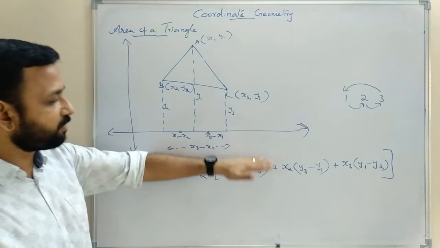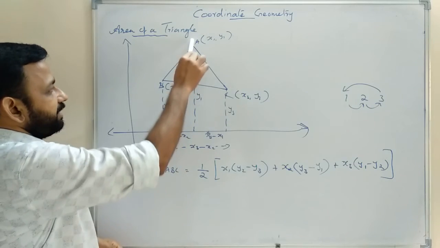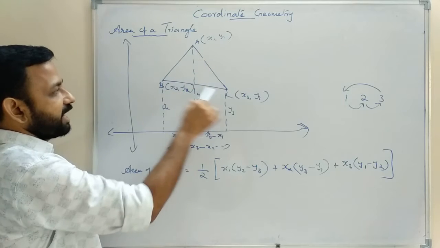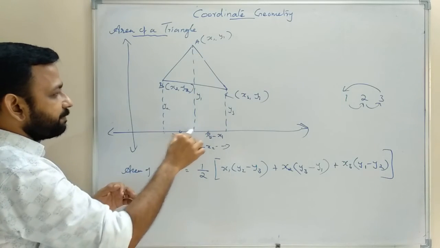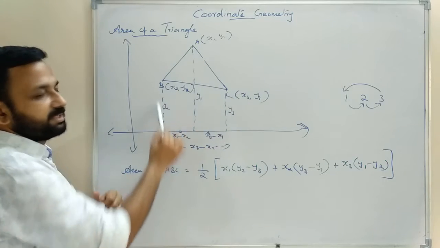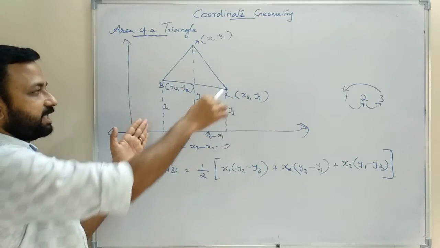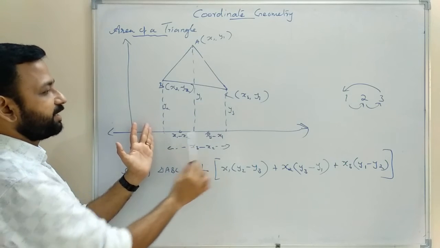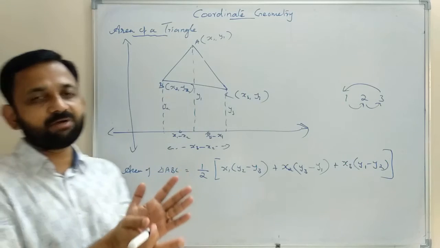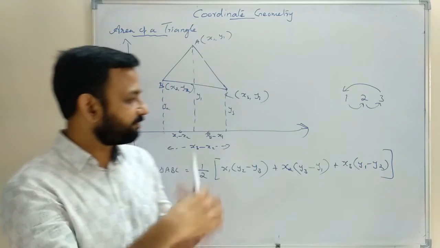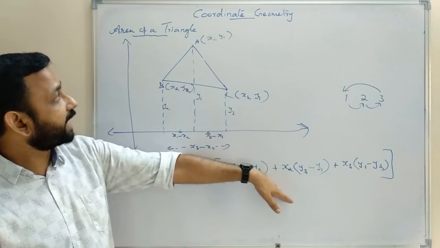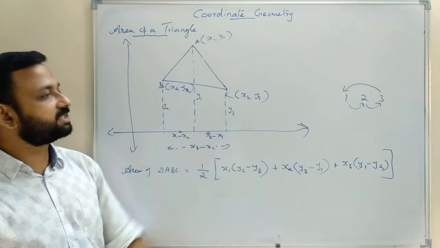And here that formula we can derive by converting them into different trapeziums. So area of this triangle is actually area of this trapezium plus area of this trapezium minus area of this trapezium. So here all the parallel sides we got and the distance between them. So we can easily find their areas. Area of the trapeziums we can find. Then when we simplify, we will get this formula. So this is area of triangle if all the three sides are given.